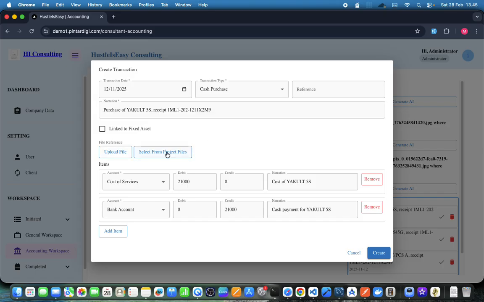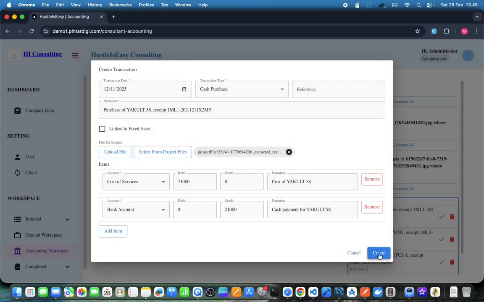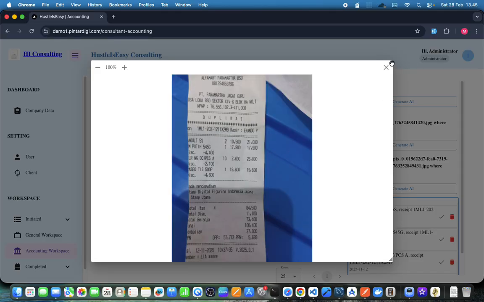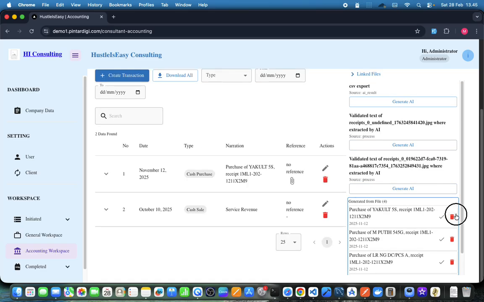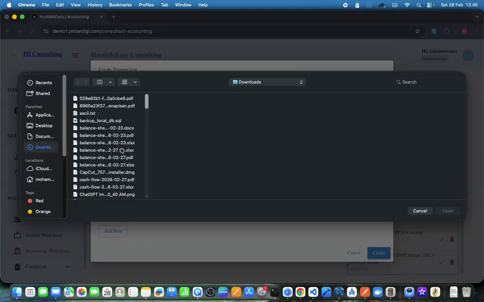First, we try selecting it from a linked file. Then we try from our computer.